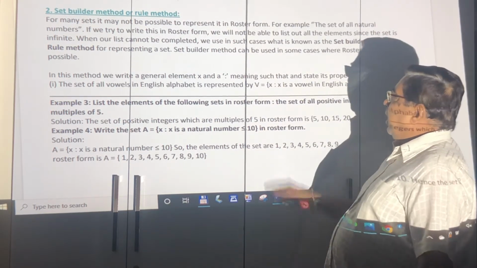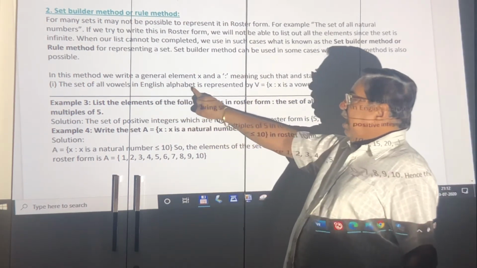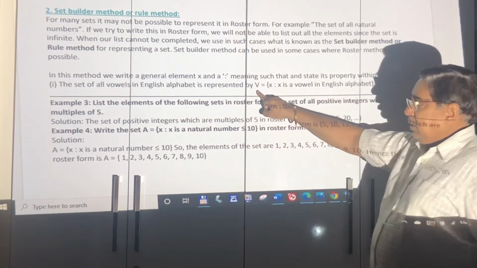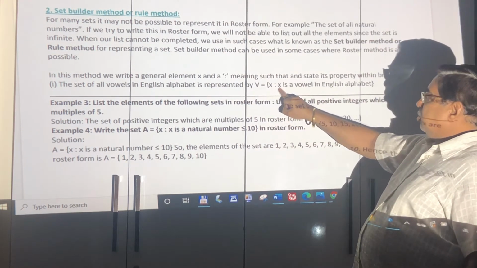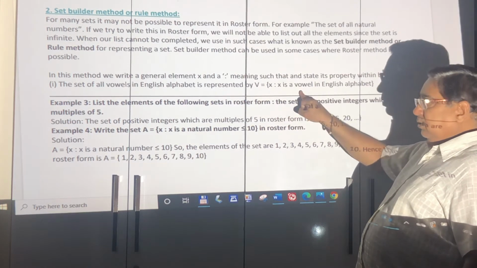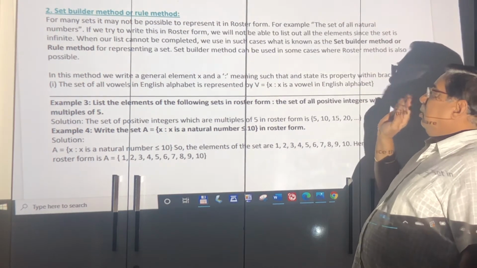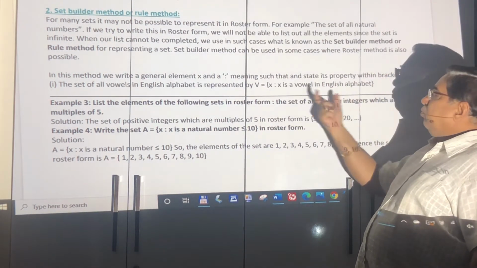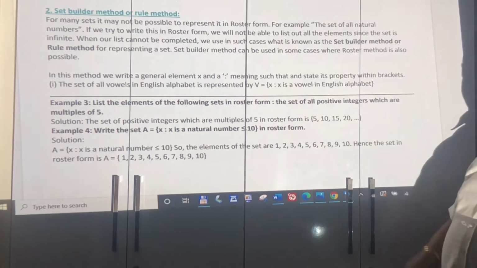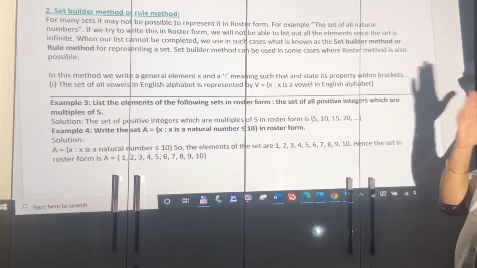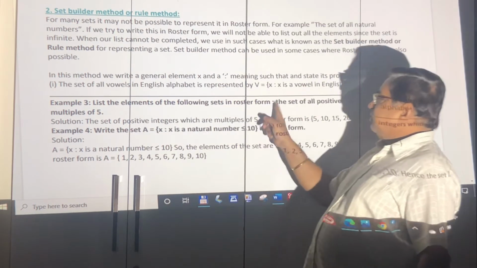Here, we write it in this form. Set of all vowels in the English alphabet is V, for vowel. Set V is such that x is such that x is a vowel, because the total vowels in English, we can't take any other language alphabet. So that way a, e, i, o, u, you understand. So when I write like this, it is like a rule. You can substitute like how you do in an equation and find the value. So it is small, intelligent and easy to comprehend. Let's take example 3. List elements in roster form.